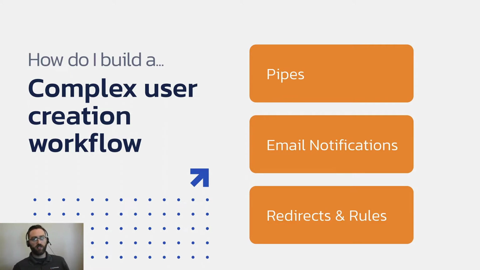Okay, this week we are talking about building a pretty complex user creation workflow. I realize that I'm oversimplifying it quite a bit here, but we are going to use pipes, email notifications, redirects, rules. We're going to use a ton of different things, including user roles. There's more to this than what I have listed on the screen now. But the idea here is that